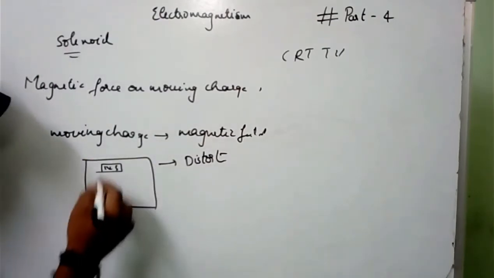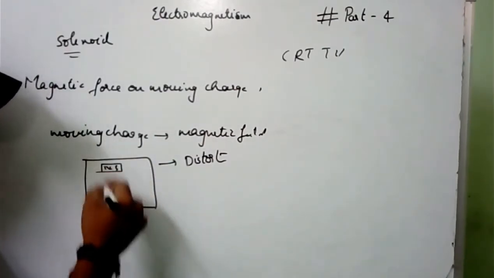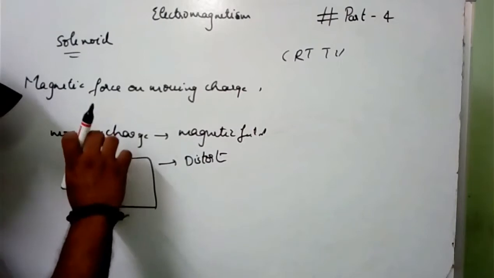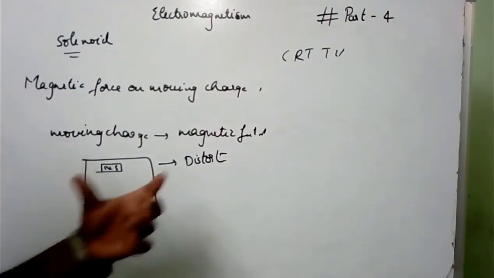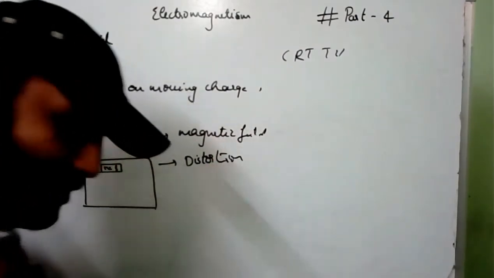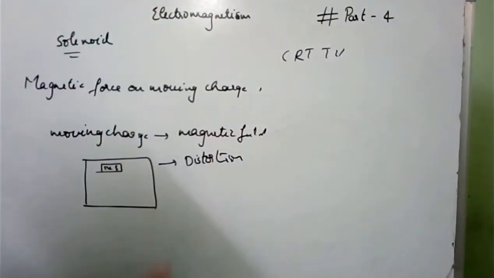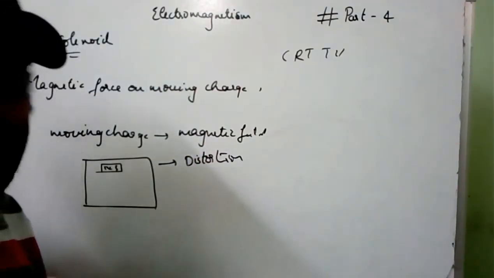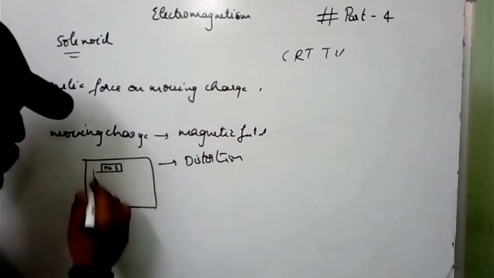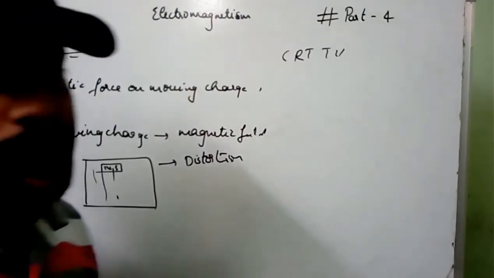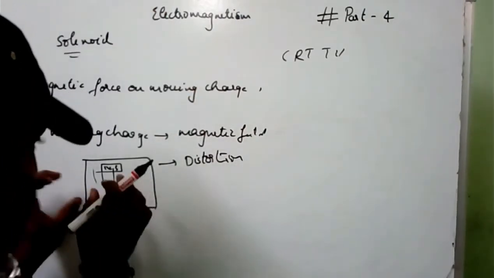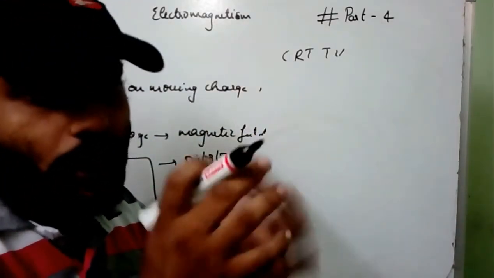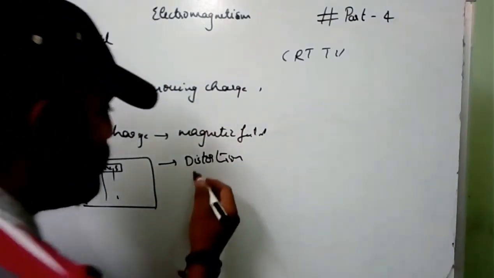Why is it happening? What is happening inside the cathode ray tube? Electrons are passing continuously. Electrons means charges, so that charge produces a magnetic field. When we bring this bar magnet near the TV screen, we observe a distortion on the screen. The electrons which were moving in an ordered motion, because we know that ordered motion of electrons is called current, were moving in an ordered path. When we bring the bar magnet near, the ordered motion of the electrons is changing. That is why we observe a distortion on the screen.